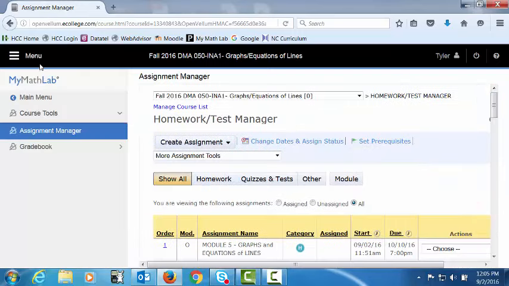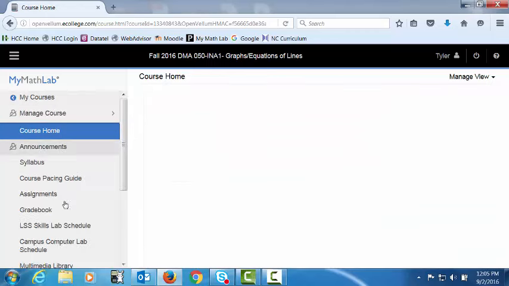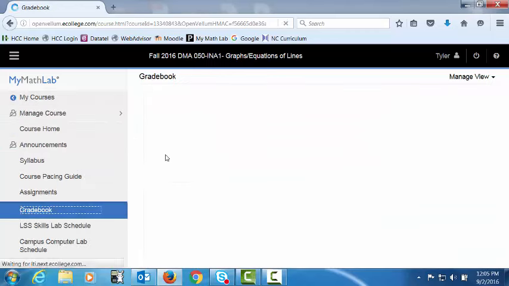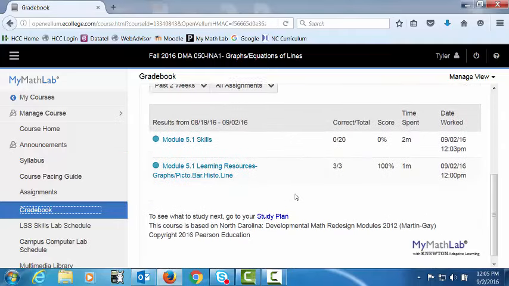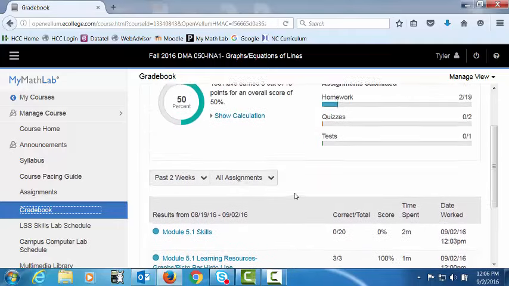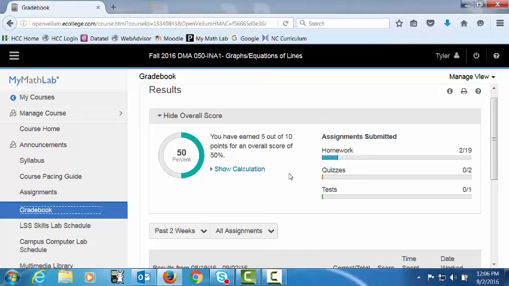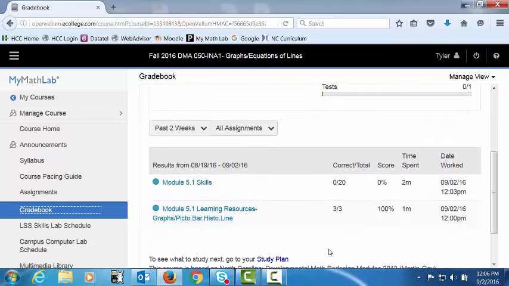After I submit the quiz, I can go to Gradebook. That's not showing it in here. I can go to Gradebook and I can actually review the quiz. So if I go to Gradebook and it's not letting me do the quiz because I haven't done all of the assignments prior to that,